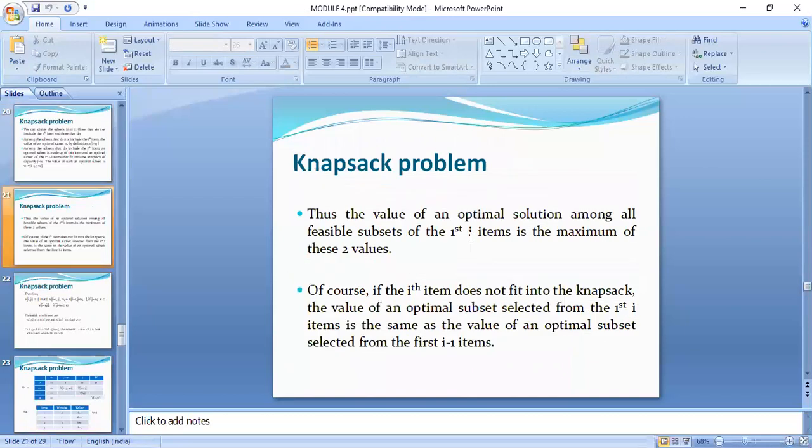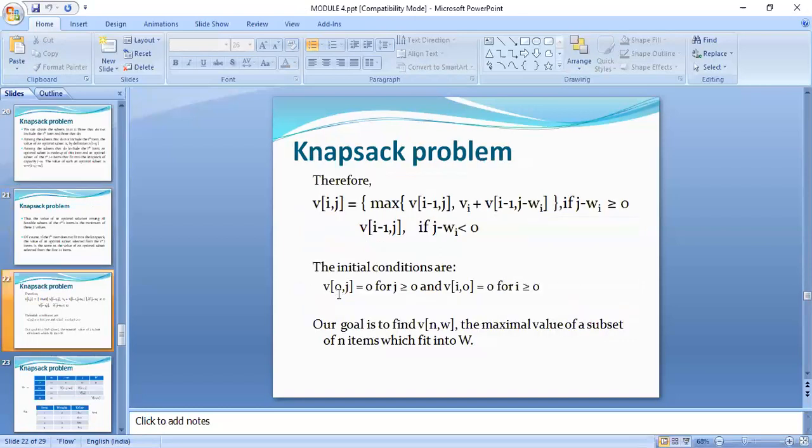When you go with the knapsack problem, you will have a value, and you will say whether the ith item is going to be taken, and if it is considered, what is the maximum among the two values. For all the items selected in the previous values, we find the first i minus 1 items. So we will come up with a formula which says what your V of i comma j is. V of i comma j will be based on the remaining capacity.